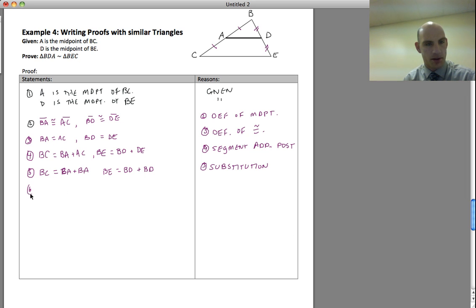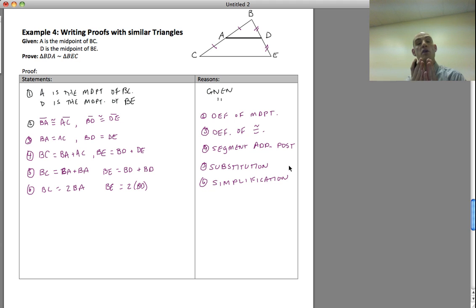Now, let's simplify this a little bit. BC is equal to 2 times BA, and BE is equal to 2 times BD. That's just simplification. Why have we done all this? We want to be able to create a ratio because proportionality, similarity, all have to do with the ratio of the sides. Okay, and so now what I can do is I can talk about the ratio of the sides